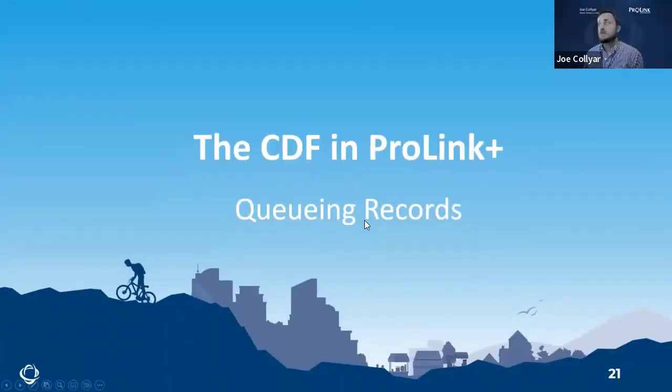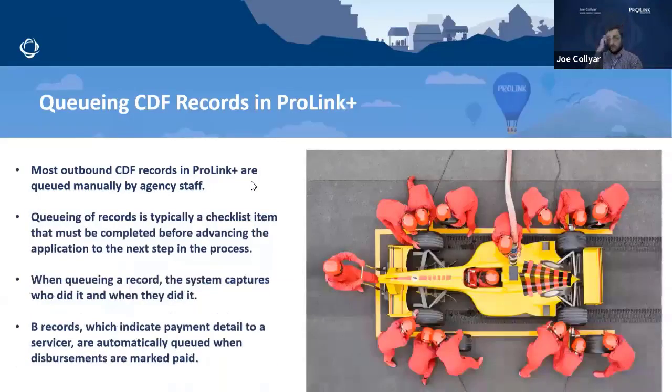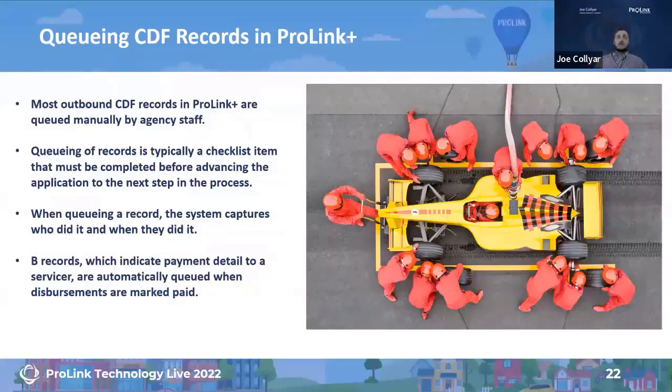All right, so now let's jump into what the CDF looks like in ProLink Plus. We'll start off with queuing records in ProLink Plus. Most outbound CDF records, in other words, records that will be sent from state to servicer, are